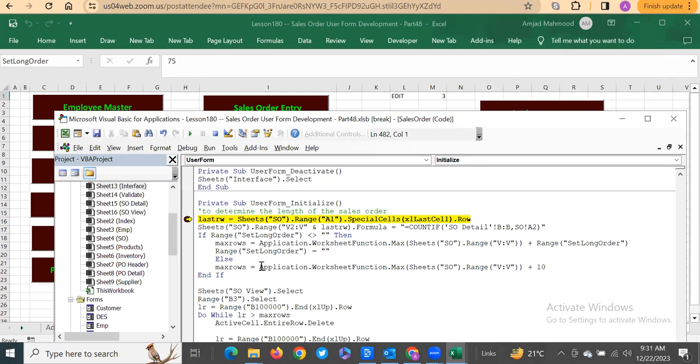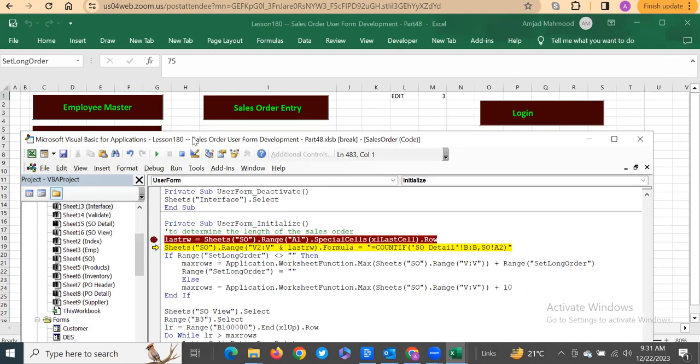So we are now figuring out which command is clearing the contents. This command is fair enough, it is not doing anything wrong. F8. Now, if this is not equal to space, yes, so max number is going to be that much. How much is the max number? That's fine. So far, so good. It is doing its job, but